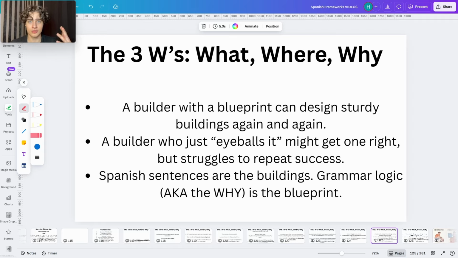Or for example, with cognates, right? You don't just memorize presentación, implementación, narración. You don't just memorize those. You learn an underlying concept that when you take off the "ation" and put on "ación", it turns into the Spanish version of the word. And that's how you can get every other example.